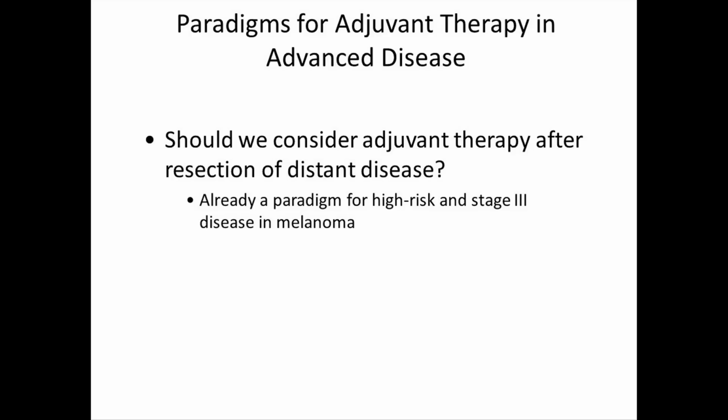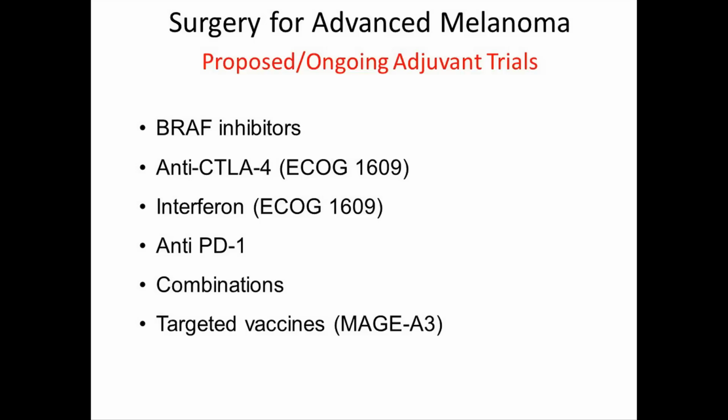Adjuvant therapy, or therapy after surgery, has been a mainstay of the treatment decision-making process for patients with high-risk early stage and stage 3 disease in melanoma for some time, since the advent of interferon back in the middle 90s as part of the therapeutic decision-making process. But should we consider adjuvant therapy after resection of distant disease? There are several proposed or ongoing adjuvant trials across the targeted therapy and immunotherapy and combinatorial